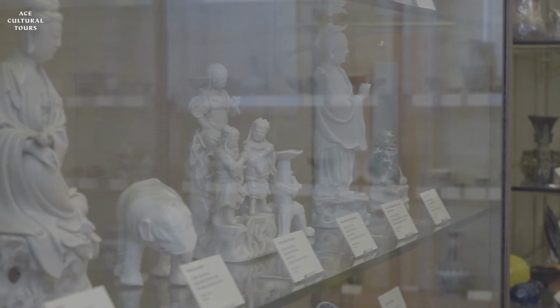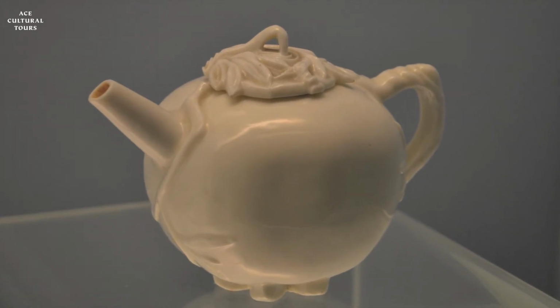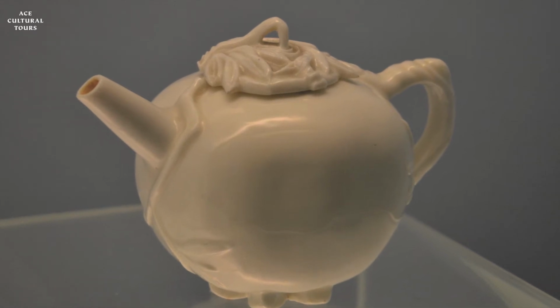But they still didn't know in Europe how Chinese potters got this whiteness and the translucency. They thought one ingredient was shell, and that accounts for the word porcelain, because the Italian word for cowrie shell,